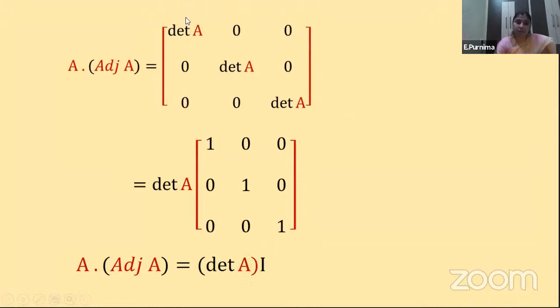See here, children, one point I want to tell you. Because it is a matrix, the entire matrix is multiplied with the determinant A, so that determinant A has come out. Suppose instead of a matrix it is a determinant, then what do we write? From the first row we take determinant A common, from the second row we take determinant A common, from the third row we take determinant A common, so we get determinant A whole cube. Understood? So that is the difference you have to understand between the determinant and the matrix. Okay, so because it is a matrix here, only the determinant A will come out as a constant.